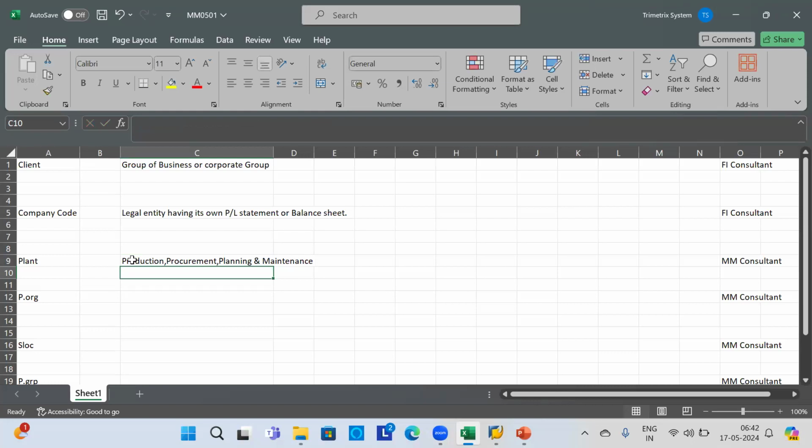Plant is an organizational unit within logistics which subdivides an organization from the viewpoint of production, procurement, planning, and maintenance. So what does it mean? It means that if any of these activities is carried out independently for any location, then that location will be considered a plant in the SAP system. If any of these activities is carried out independently, executed separately, then this location will be considered a separate plant in